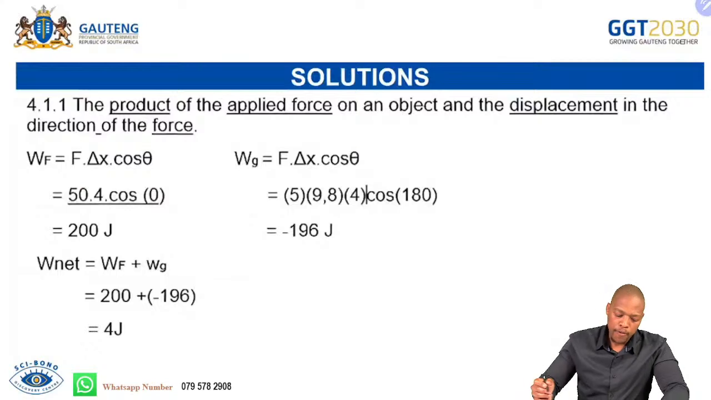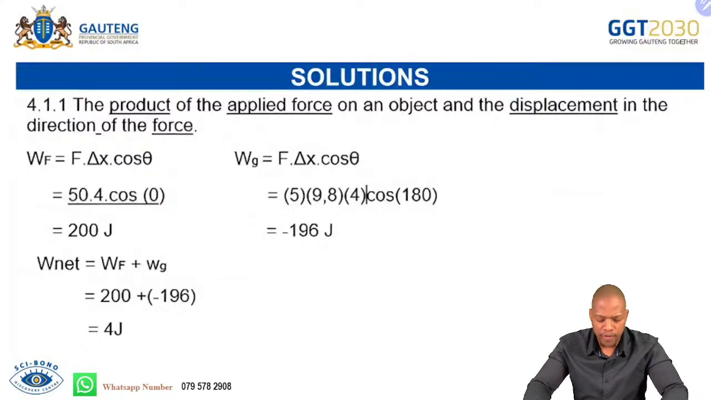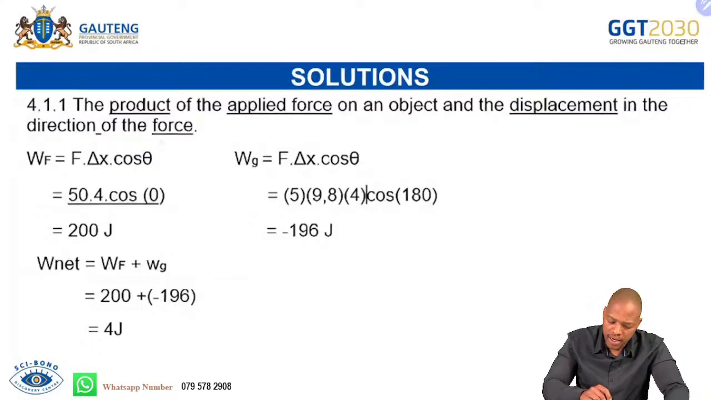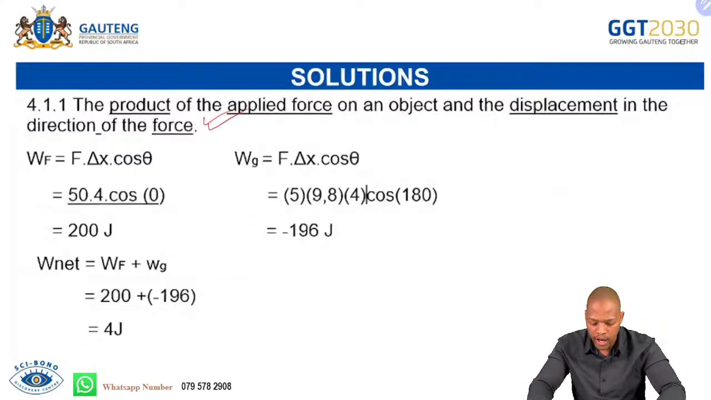The first answer there is the definition: the product of the applied force on an object and the displacement in the direction of the force. Never mind these lines here. All these words must be there. This is examination guideline stuff. It's either you get it or you don't get it, and everyone must get it. The product of the force applied on an object and the displacement in the direction of the force. All right, and then for us to be able to calculate the work net,